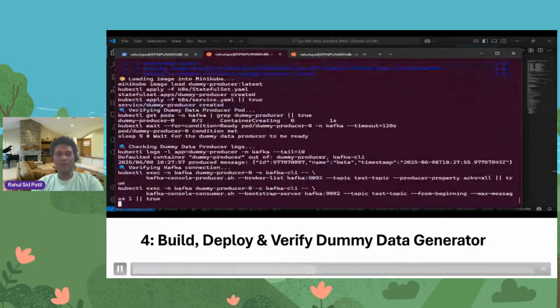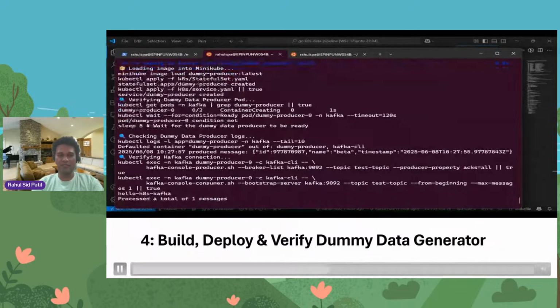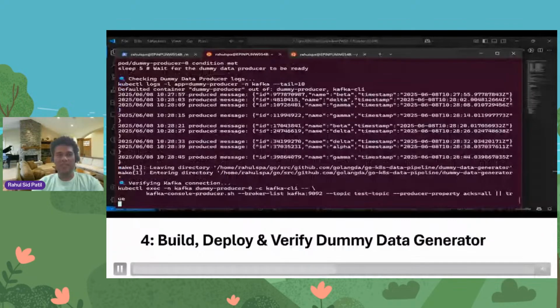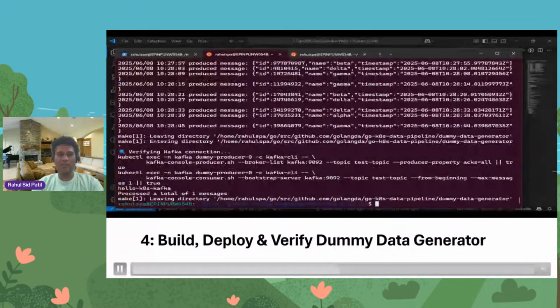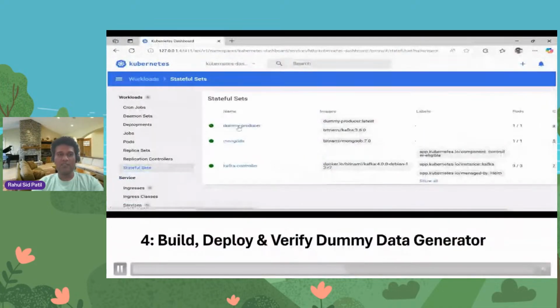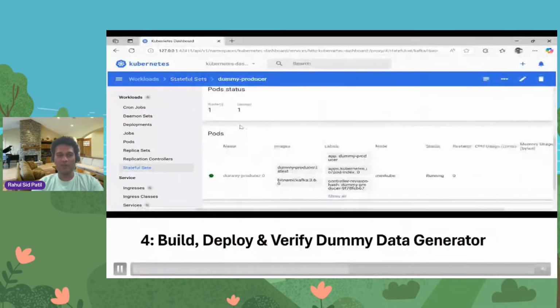We install the dummy data generator app. We built it from local Docker file and deploy it in Kubernetes cluster as a stateful set. The install script itself checks its status. We can see that it has started producing the messages. You can see dummy data producer pod is deployed